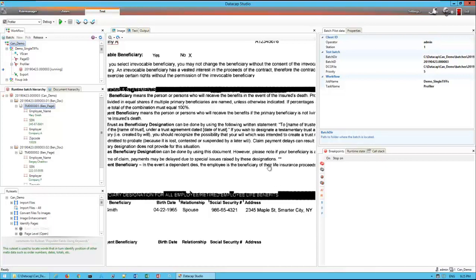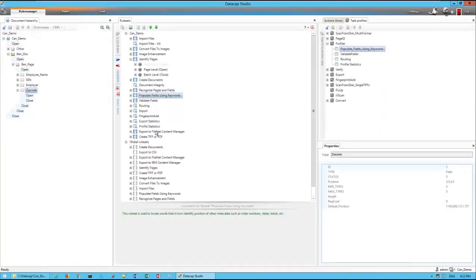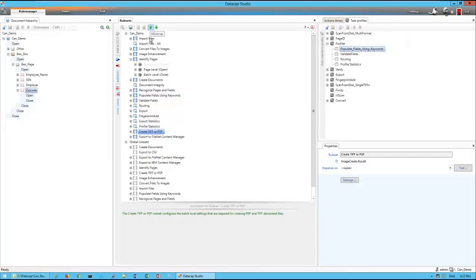Alright, so we have already extracted all the metadata. So what we're gonna do right now is to export it to FileNet. Okay, so this two rule set is here. So we want to export it as a PDF upon export. So you need to add this particular rule set, create TIFF or PDF, onto the export